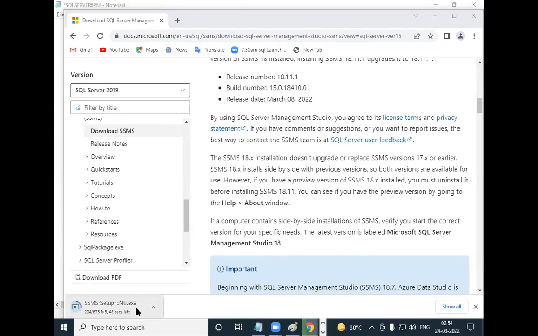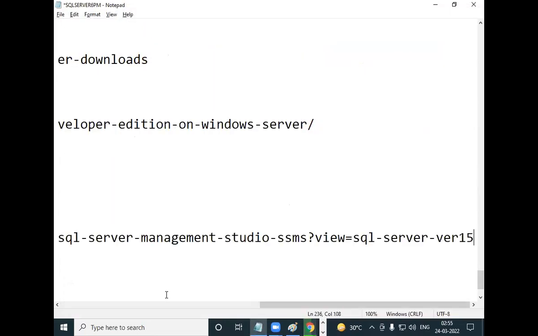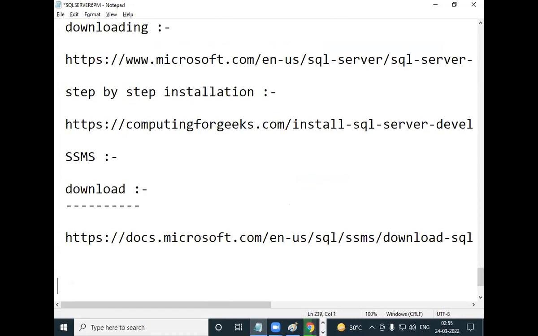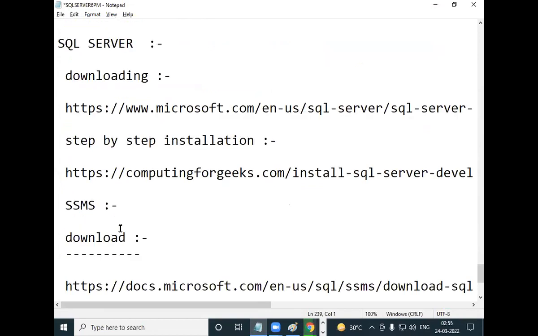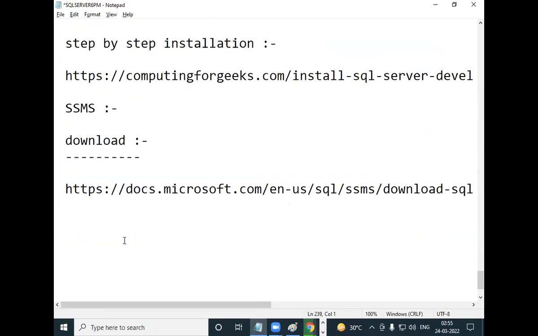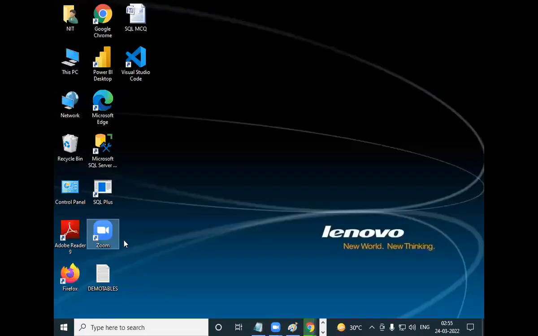But there is nothing more to do yet. It will just be installed because it's a tool. Okay? So there won't be any number of steps here, only one step. So it installs automatically. You don't need to do anything. Okay? Then, these two: first install SQL Server, next install SSMS. Okay? Then after completing installation,